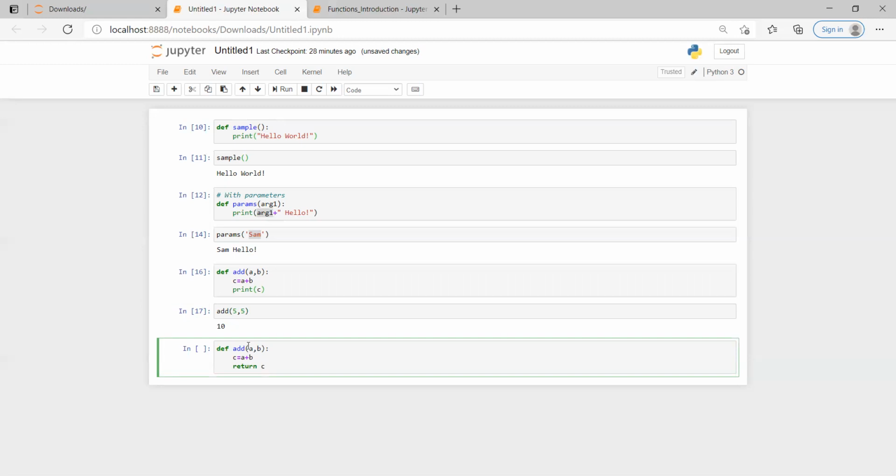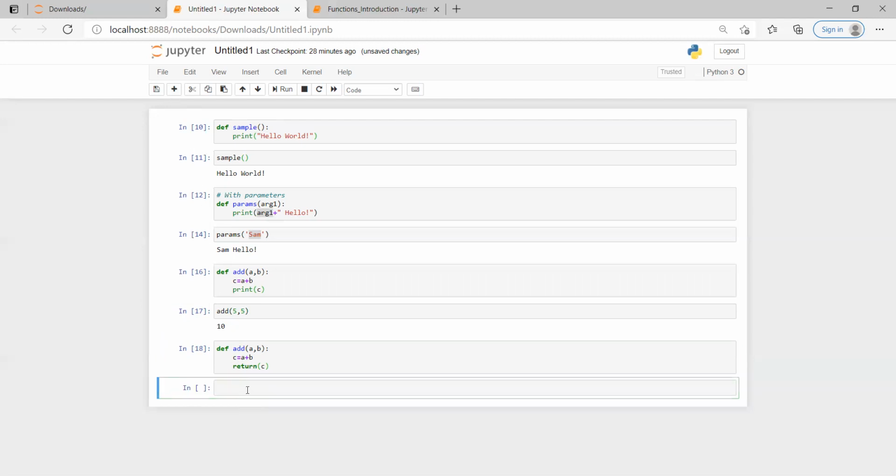When I return this value and call this function, it will be returned so that you can hold the value of this function.